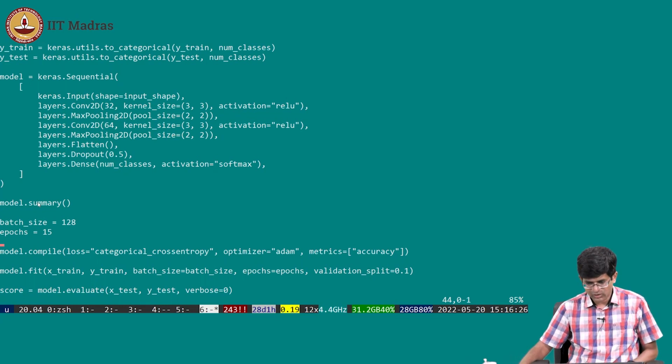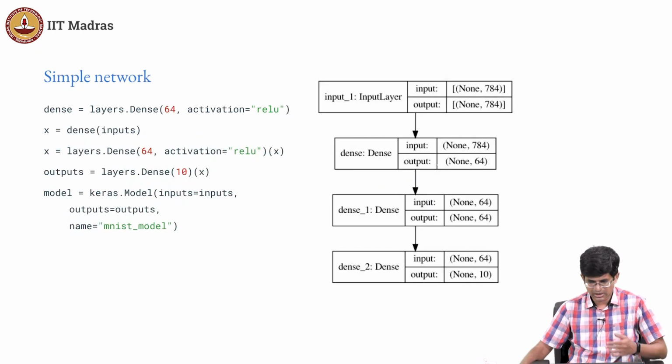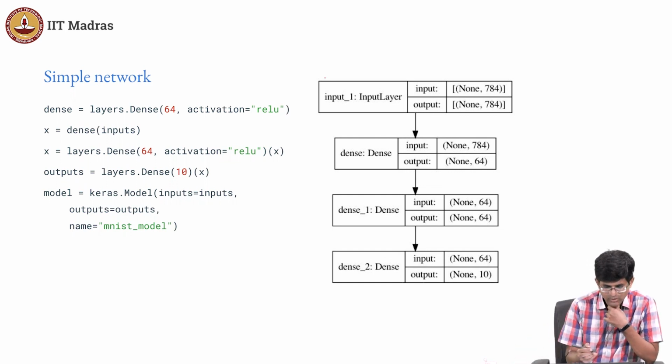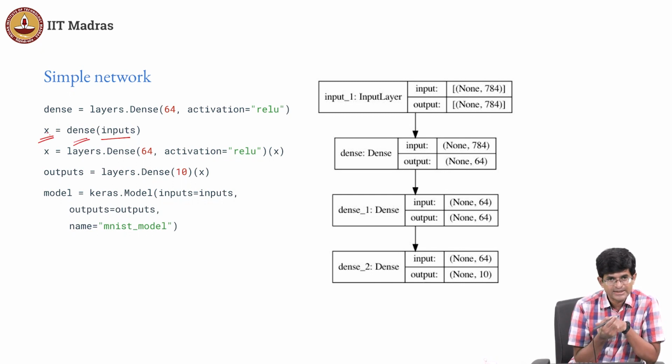But what is more interesting for us is to see, okay, can we look at this? And this is once again an example from the Keras libraries, which says that for code which looks like this, where I have some dense layer, then I have that input, then I have this thing, I'm basically going to end up with a pipeline which looks like what's shown on the right. One interesting thing that I want you to observe over here is what is happening to this. I have certain inputs and then I'm saying I'm going to take this x, apply the function dense on it, and I create an output x.